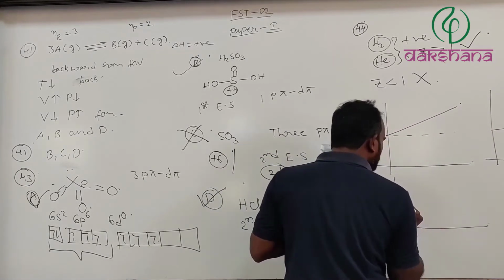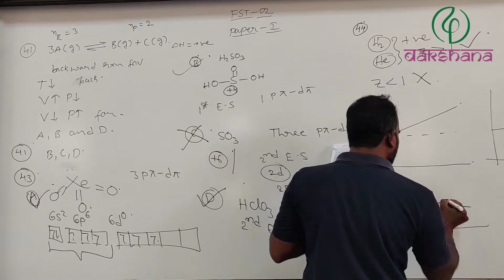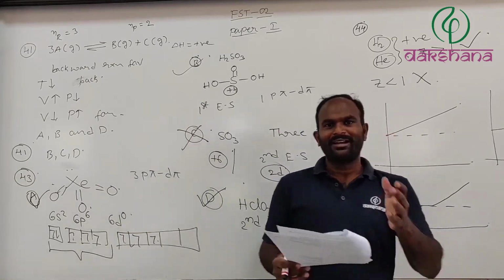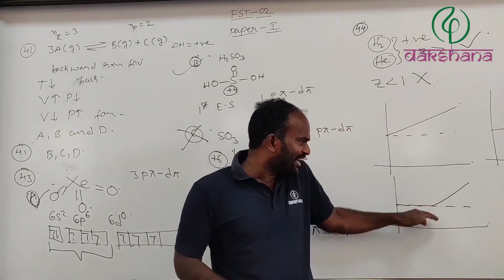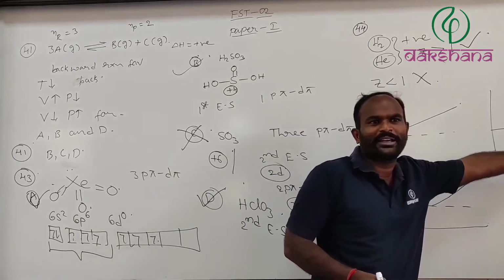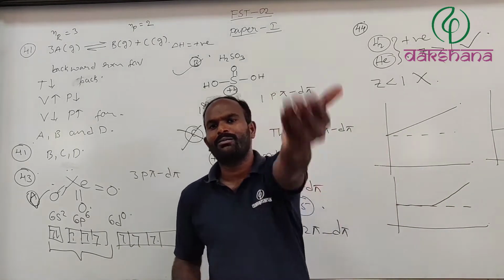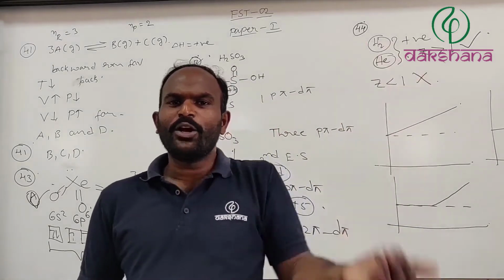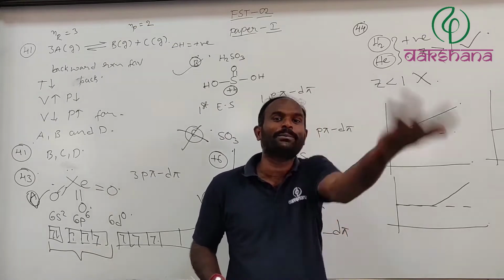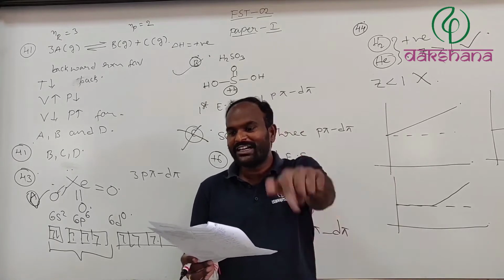it could be true over a little range of pressure below Boyle's temperature, because it definitely behaves as an ideal gas. Therefore, here only it tried to behave as an ideal gas. Among these two, it is not at all. At every pressure, it does not behave. Over a wide range of pressure, it can behave. What is Boyle's temperature? The temperature below which a gas can behave as an ideal gas over a wide range of pressure, not at every pressure. Option B has it behaving like an ideal gas at every pressure. That's why it is wrong.